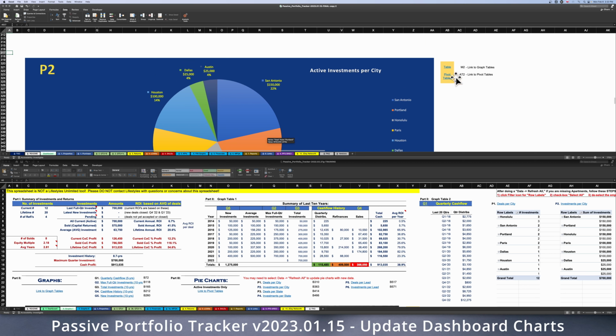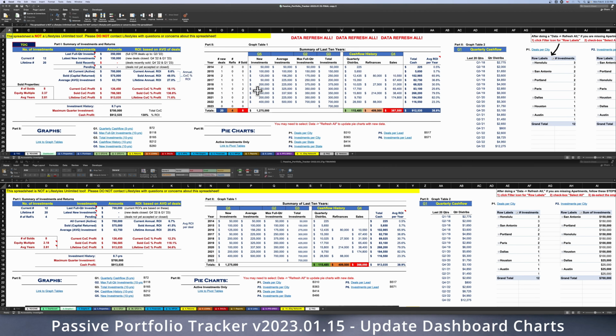Here on the side, we can scroll back to the top to our tables or to our pivot tables if we need to change this data. I'll go back to tables. This brings us back here to the top of our new dashboard page, which was formerly our Graphs 1 tab